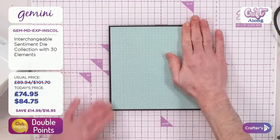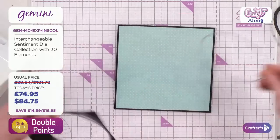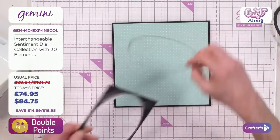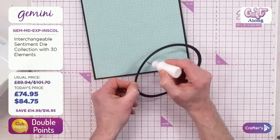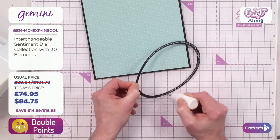So we can press that into place. At this point, you could take the smallest die that we've used and create an aperture within the middle by die cutting it. Or the way I usually do it is by taking a frame, and on the back I'm going round with my tacky glue and my small applicator, and we're just adding that adhesive all the way round,